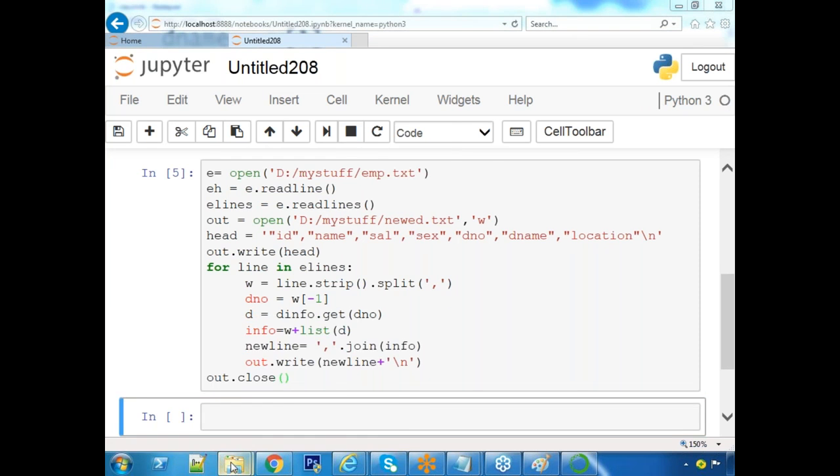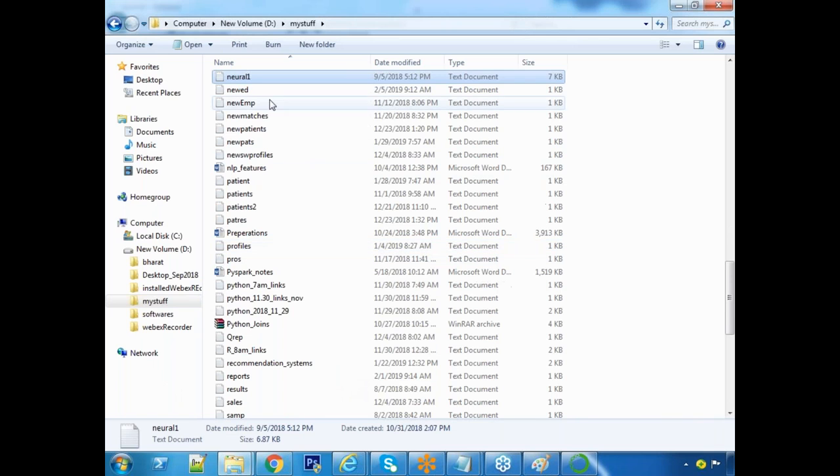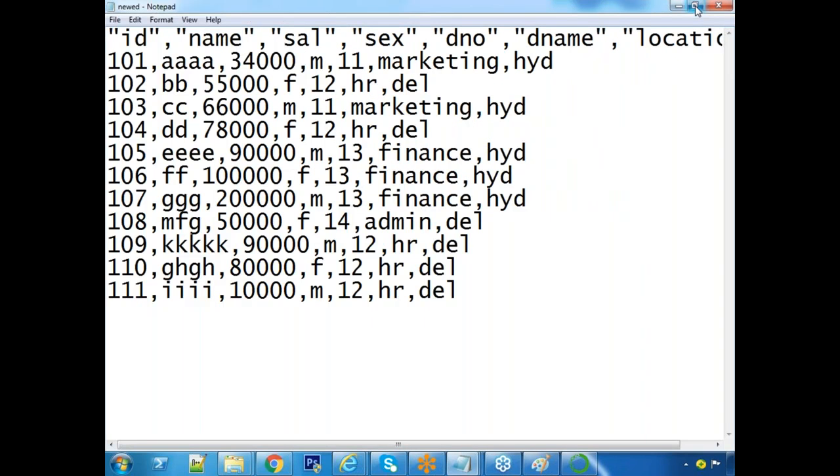New ed. Previously, this is not available. This is your file, what I have written now. Understand this. Now entire information is available in one file, right? Now you can perform different aggregations.